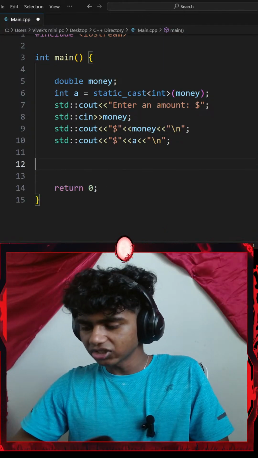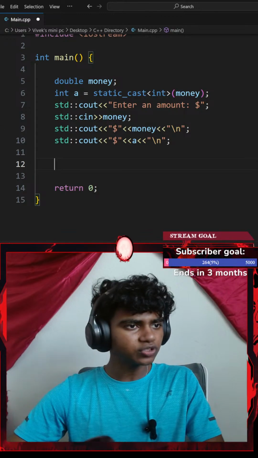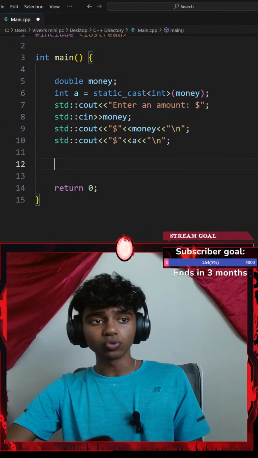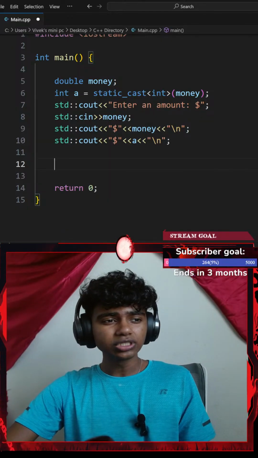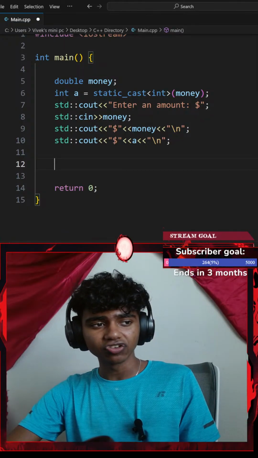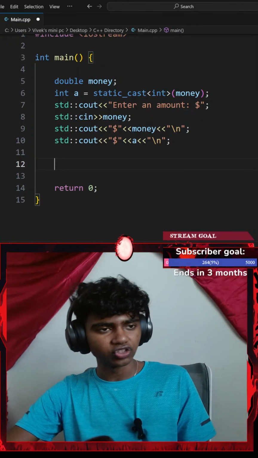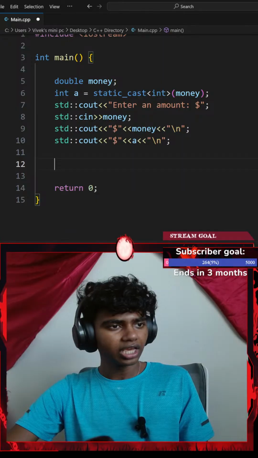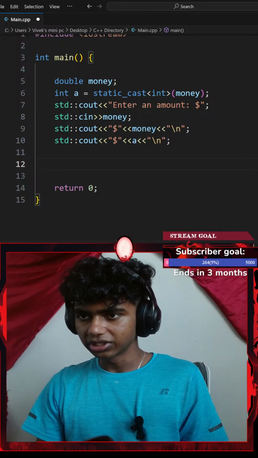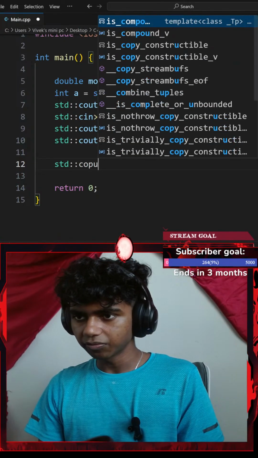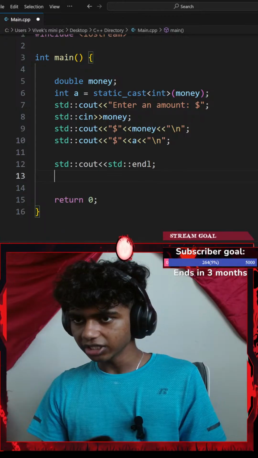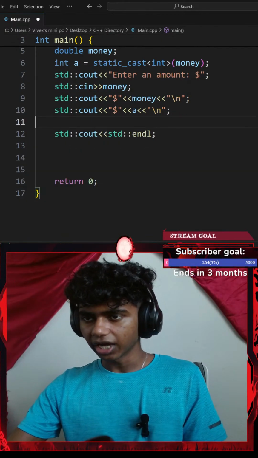Okay, let's see the next instructional question. The next question says, ask the user for an integer representing a grade from 0 to 100, cast it to double using static cast and divide by 10 to get a scaled grade, print the original and scaled grade. Okay, typecast to double. For the next stuff, I could go with a standard console output with an insertion operator of a standard end line first.